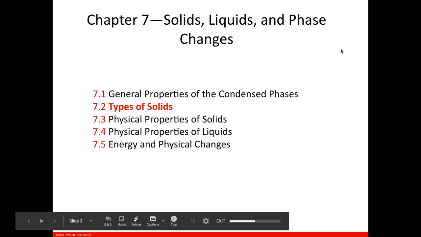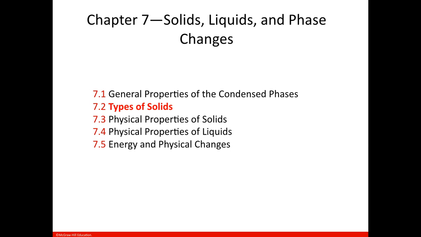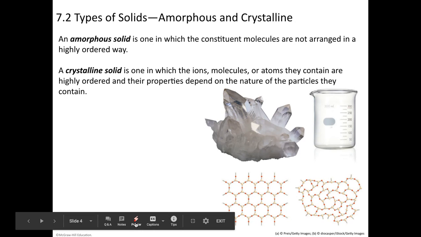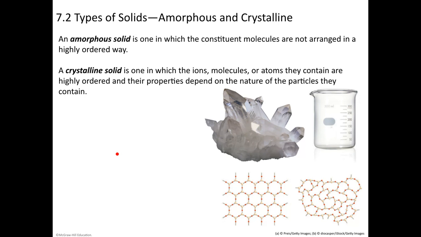Section 2 deals with types of solids, and there's a lot of definitions here and a lot of description of just the different types of solids that we see in substances. So the first types are, this is just looking at different classifications, and here are a couple of vocabulary terms: